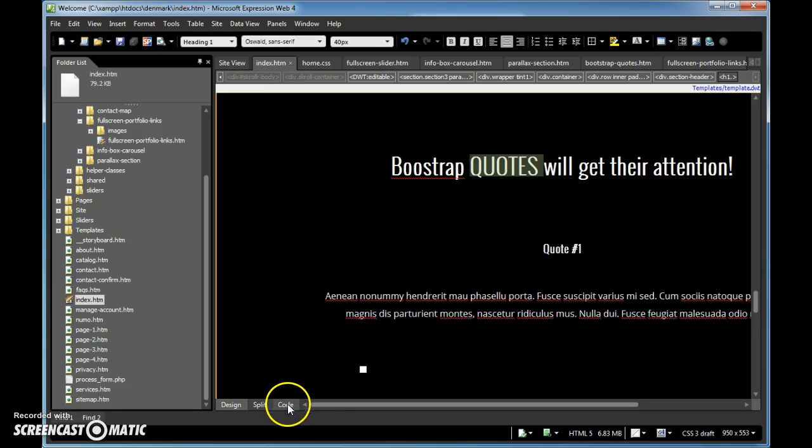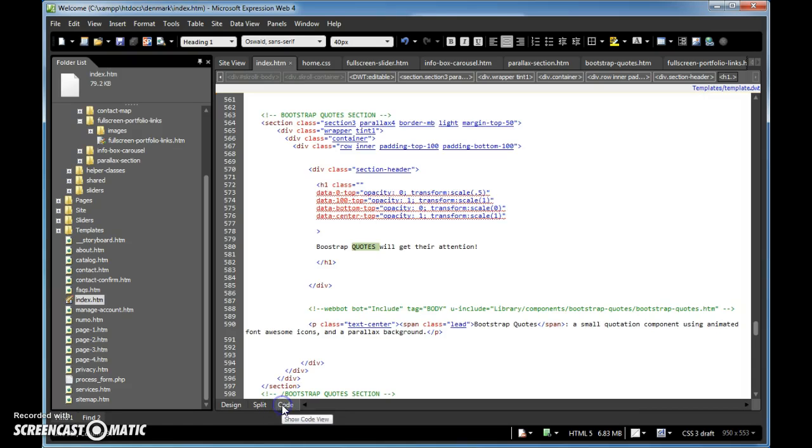So let's double click on a piece of text in here, switch over to code view, and it tells you right up here, Bootstrap quote section, it's all commented. It tells you the section class and the parallax type. That just defines the speed, which I haven't any tutorials on. It's just a class I've created too, and I've given it a number so it doesn't conflict with any other parallaxing. And all it does is make the picture move up and down at a different rate than the rest of the page. But if you